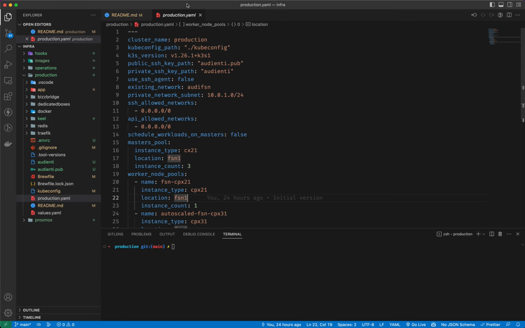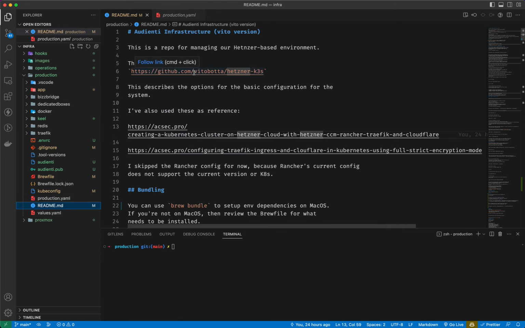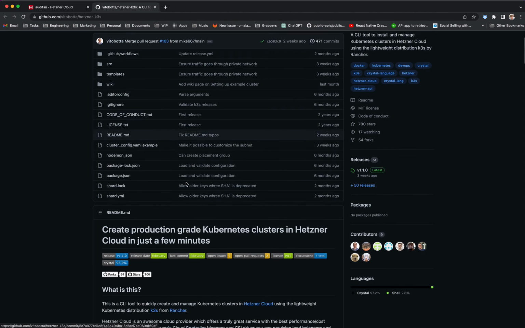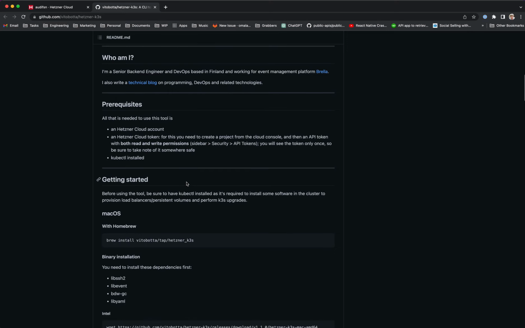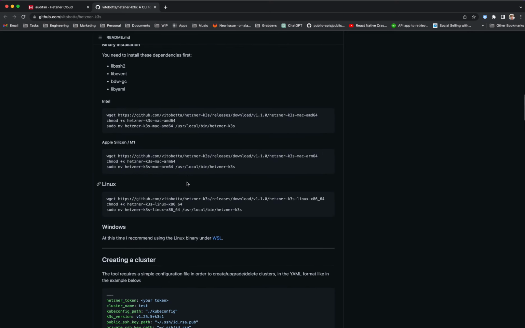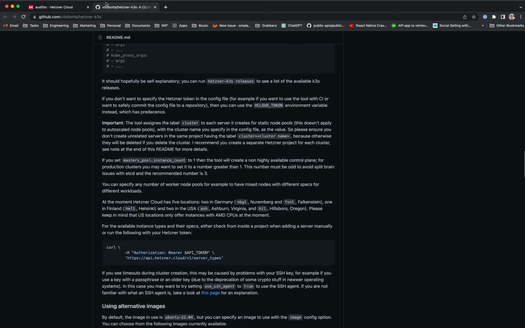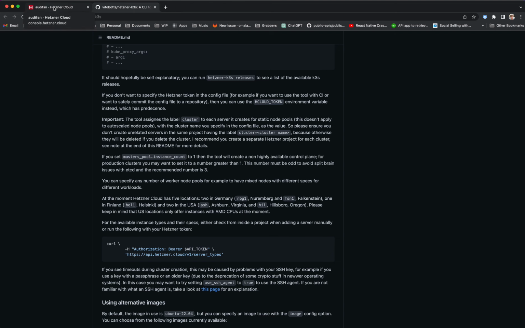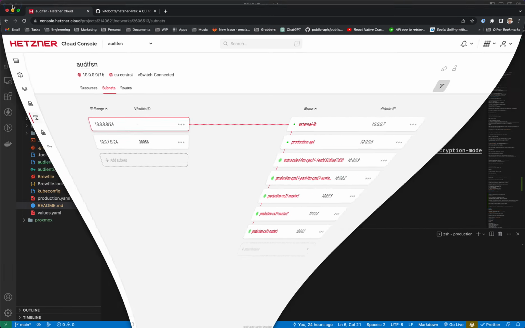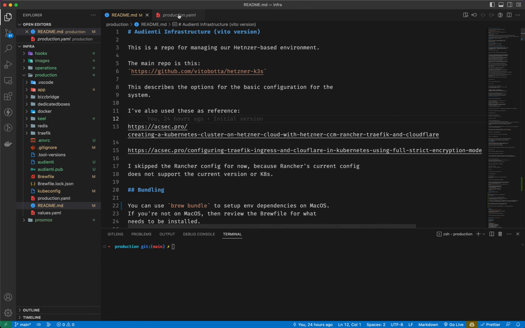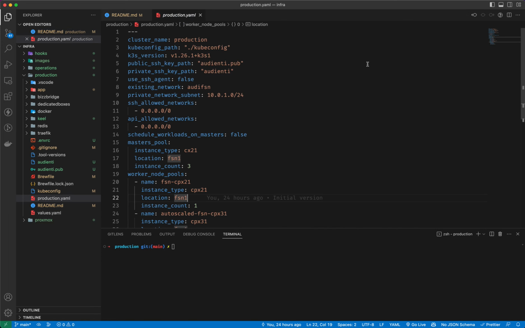So what you do is you basically create a YAML file, and if you go and look at his details here, he kind of goes through the gist of it. I'm not going to cover all the things he says here. I don't think that I need to regurgitate that. The important thing, though, is this. In this configuration,